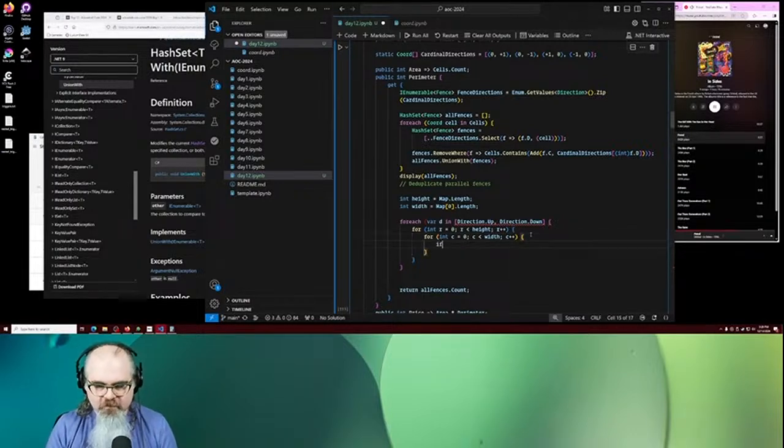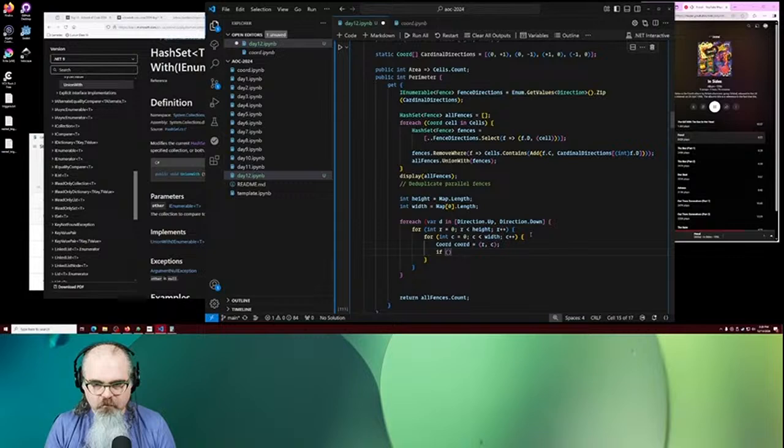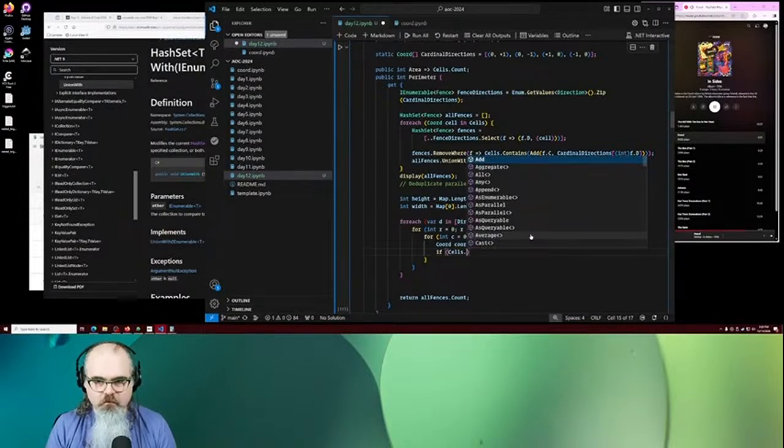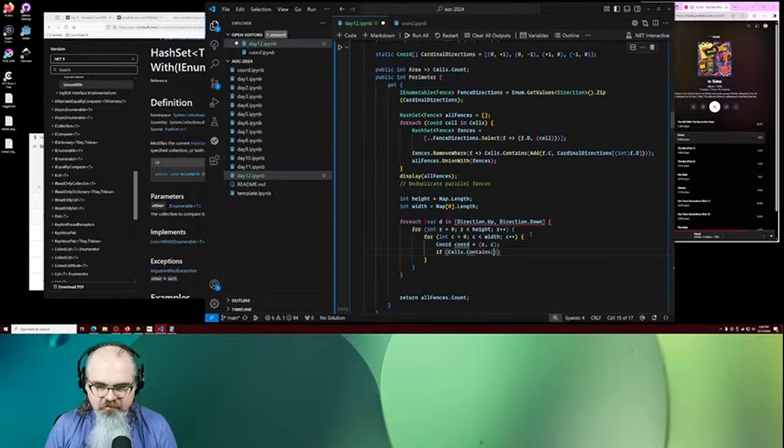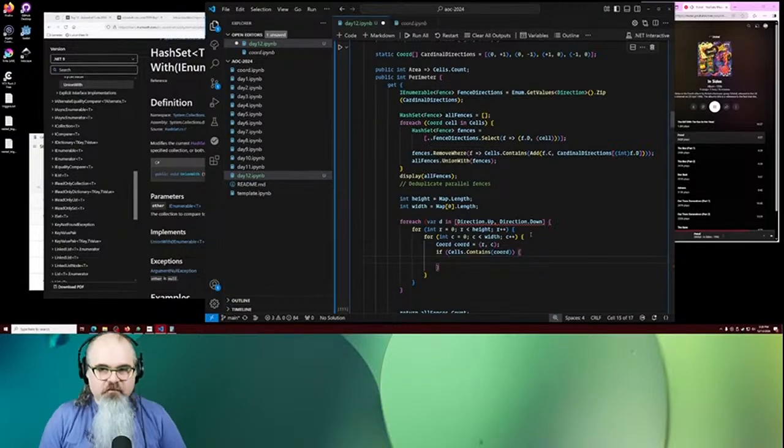All right. Coord equals r comma c. If cells dot contains coord, because we don't need to go looking for this thing in the fences if we don't already have it. So if the cells already contains coord,